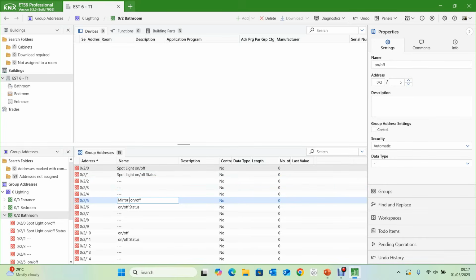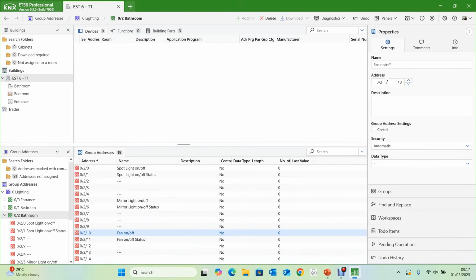Mirror light, and again mirror light. That is fan, and fan. And then at the bottom I'll need bathroom on off, so I can just